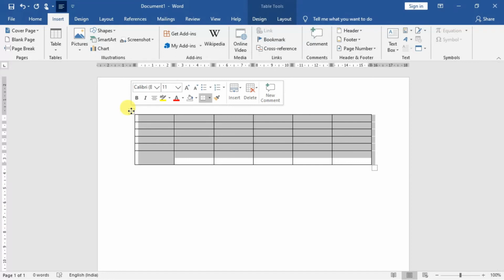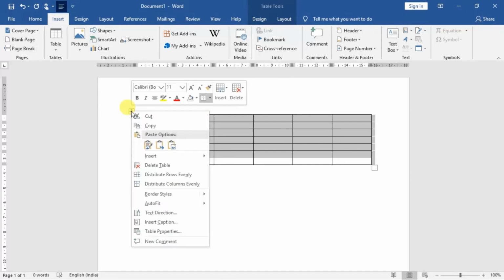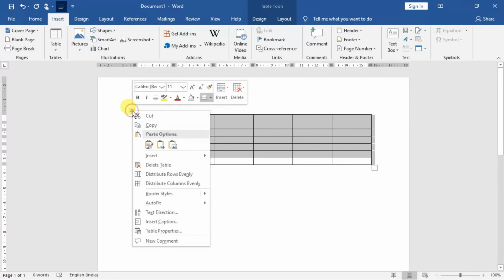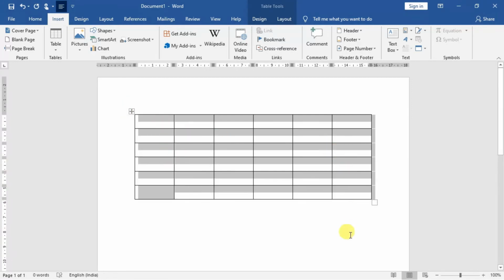row height and column width of a table. So what you do, right click on the table, because my rows and columns are not distributed evenly actually, so I'm choosing distribute columns evenly. So this has been distributed, and I have to distribute rows evenly actually because this row is somehow not that good. Now you see here, distribute rows evenly, so it has been evenly distributed.